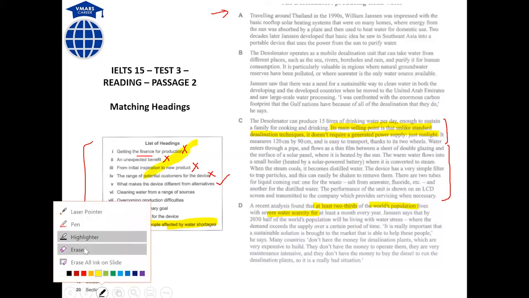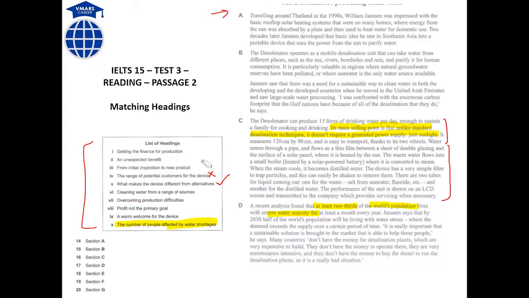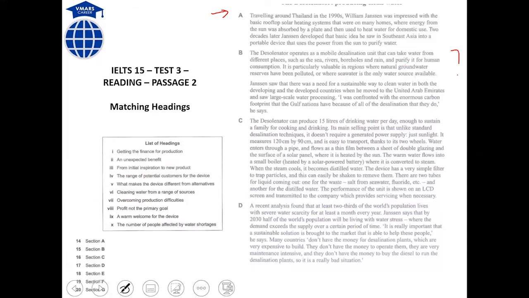Oh, sorry, I need to erase. So I'm erasing all this. Now using the first two and the last two lines technique, we still have paragraph B. So we are going to read paragraph B. Here I have also told you that you need to look at the length of the paragraph. Example, if this is the length of the paragraph, try to read 3 lines up and 3 lines down. Whereas if you have A as the paragraph, you can just read 2 lines here and 2 lines here. So it entirely depends upon the length of the paragraph.